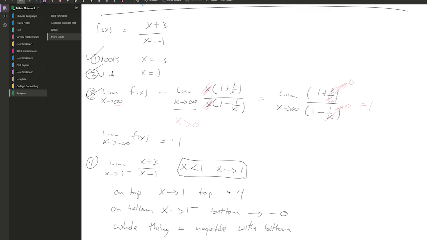So therefore it goes to negative infinity, and if I do the limit as x goes to 1 from above of x plus 3 over x minus 1, now I have x bigger than 1, x goes to 1, the top and the bottom are bigger than 0, the bottom